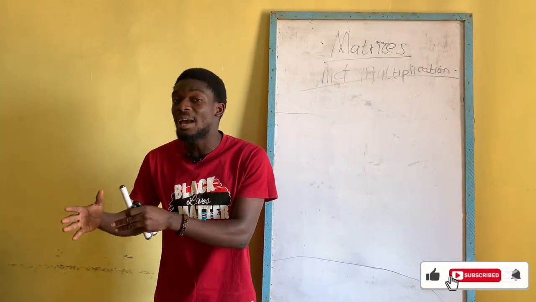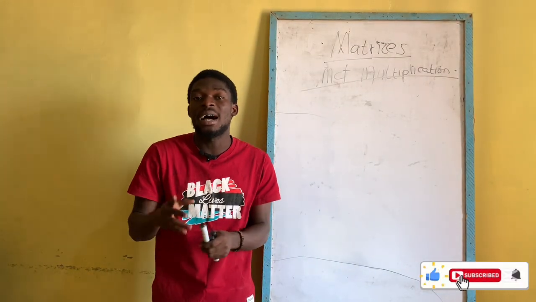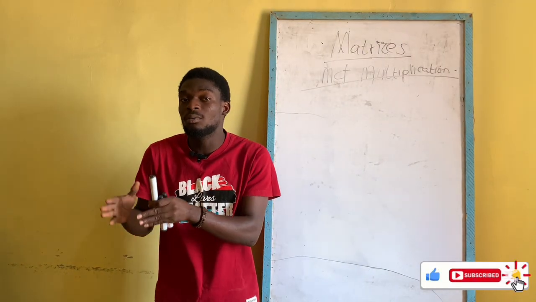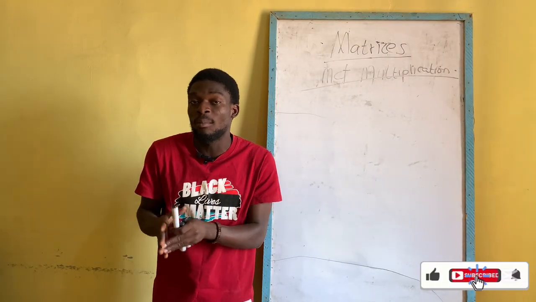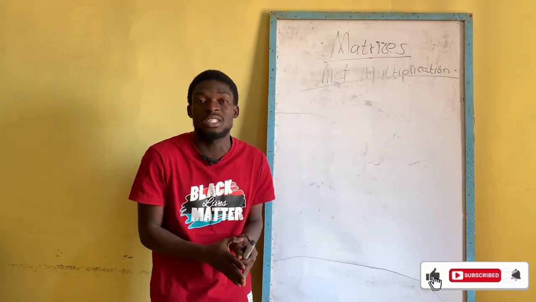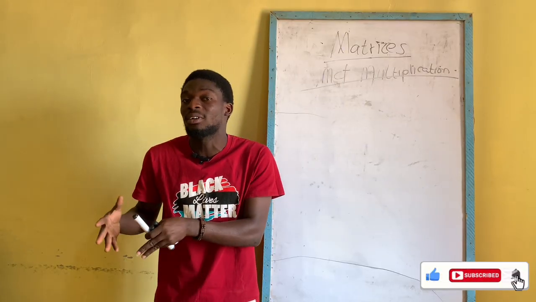You can only multiply two matrices when they are conformable, in the sense that the number of columns in the first matrix, let's say matrix A, should be the same as the number of rows in the second matrix,